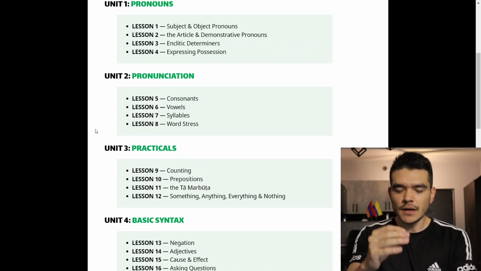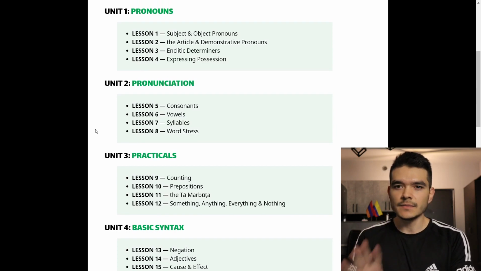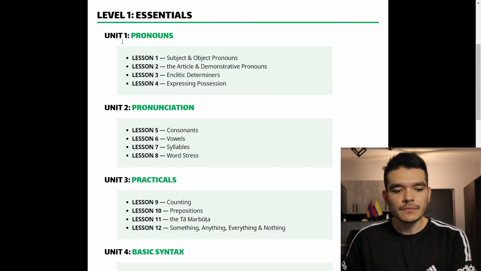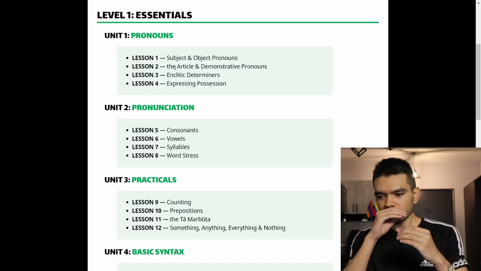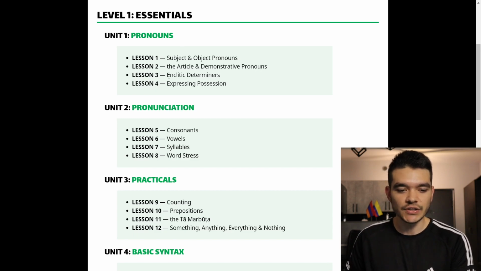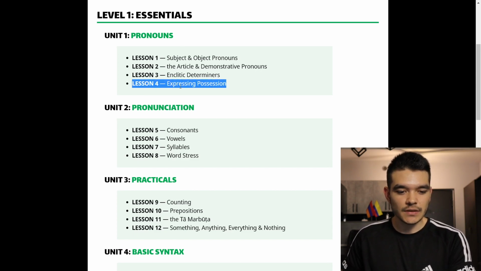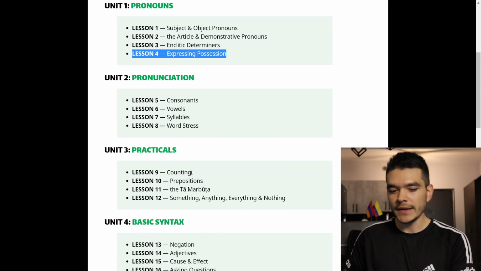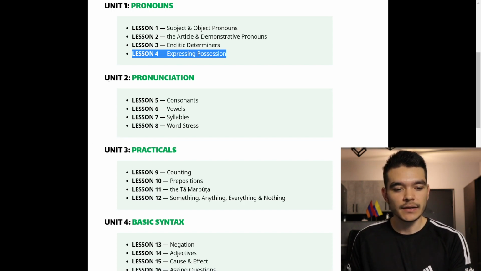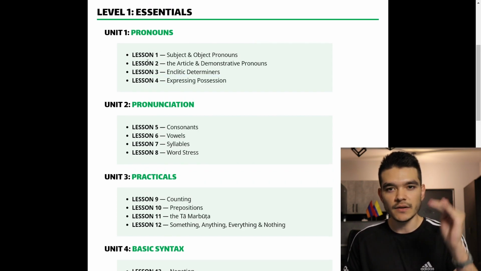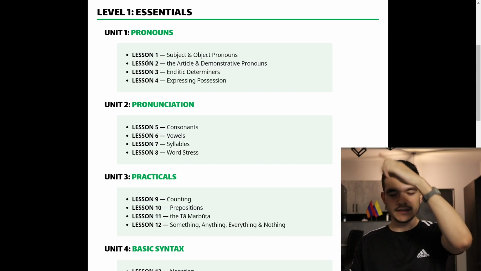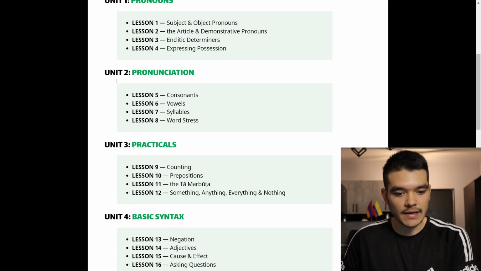So there's some schematizing that I've done, organizing in order. But I've actually grouped things more based on relatedness of the topics than even difficulty spikes. So even expressing possession can get kind of tricky, whereas something very basic like counting is later on. But that's because you can move back and forth, and that's the idea in a way. Each one of these units in itself has a little bit of a spike, so it's like one of those graphs that goes like this. I would basically describe it like that.